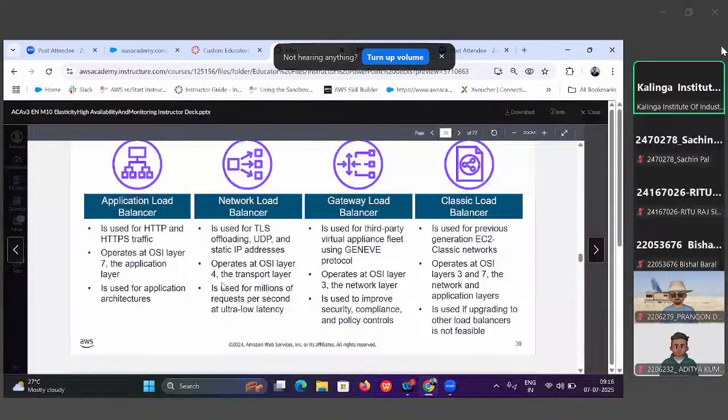है, तो it is used for the previous generation EC2-Classic network, and it also operates at OSI layer 3 और 7। तो देखो ये दोनों लेयर पे ही काम करेगा, 3 पे जैसे नेटवर्क ये गेटवे काम कर रहा था, 7 पे एप्लीकेशन काम कर रहा था, वैसे ही ये दोनों पे ऑपरेट करता है क्लासिक लोड बैलेंसर। And it operates with both layers, the network and the application layer, that you all know, 3 and 7, and it is used for upgrading to the other load balancer which is not visible. So just understand that